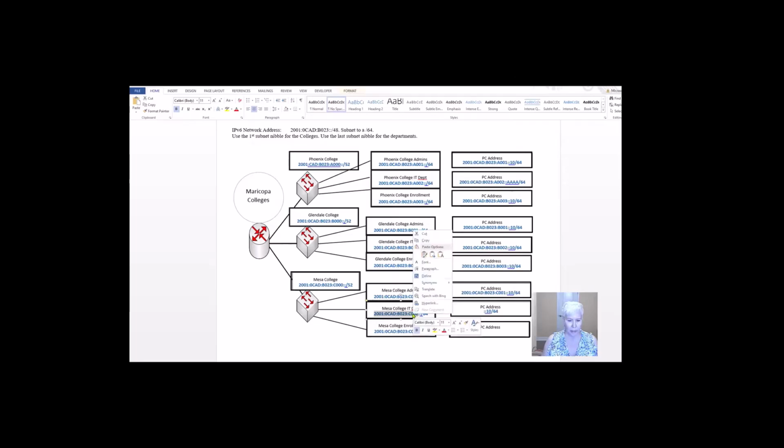It has to come from the same network so that it knows where it belongs.